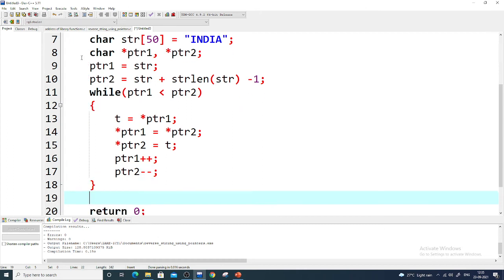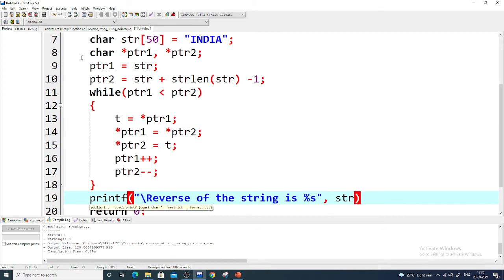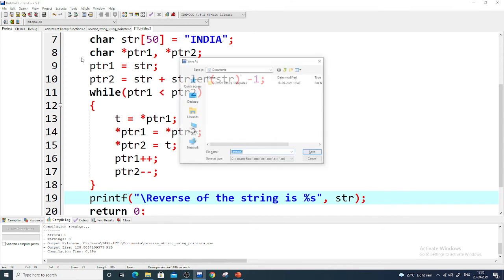Now, after completion of this process, let us check in that array whether the contents are reversed or not. You can write "reverse of the string is %s", comma, you can simply write the array name str, and you have to check that within the array itself, the string is reversed. Now save the program,